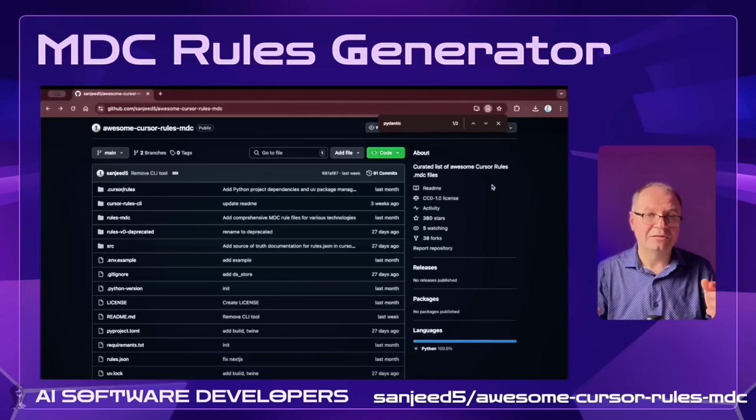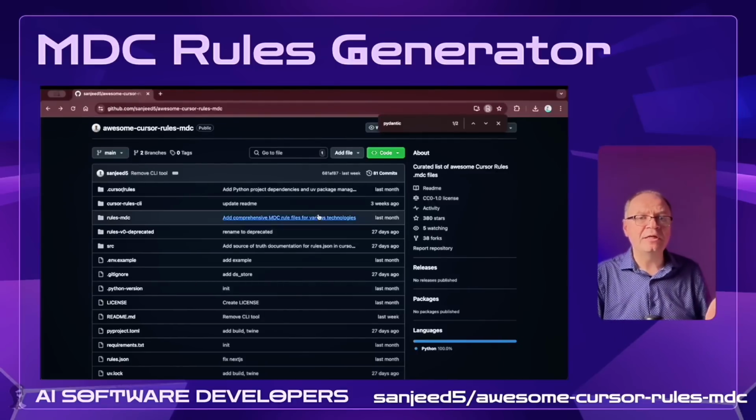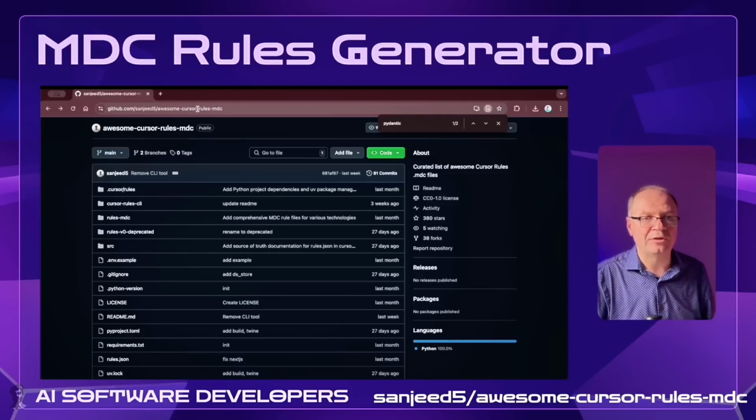It will be based on Next.js. So a single line is still an MDC file, or you can make them as complex as your needs evolve. But this is a good starting point. So I'd like to demonstrate to you how to grab these files from this repo. It's Sanjit5/awesome-cursor-rules-mdc,